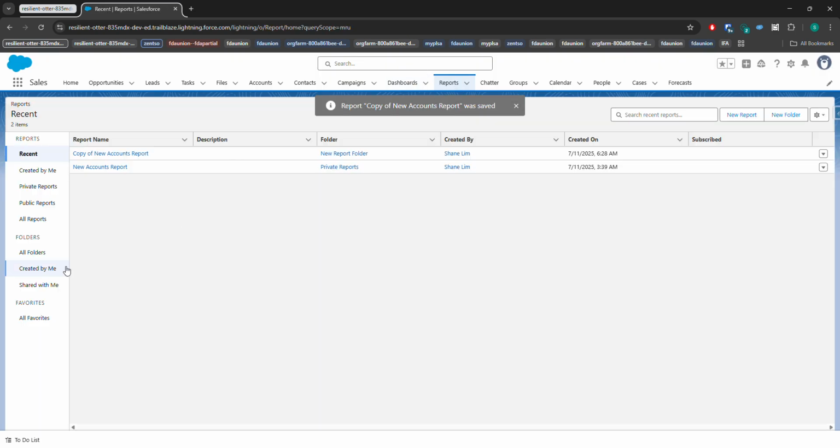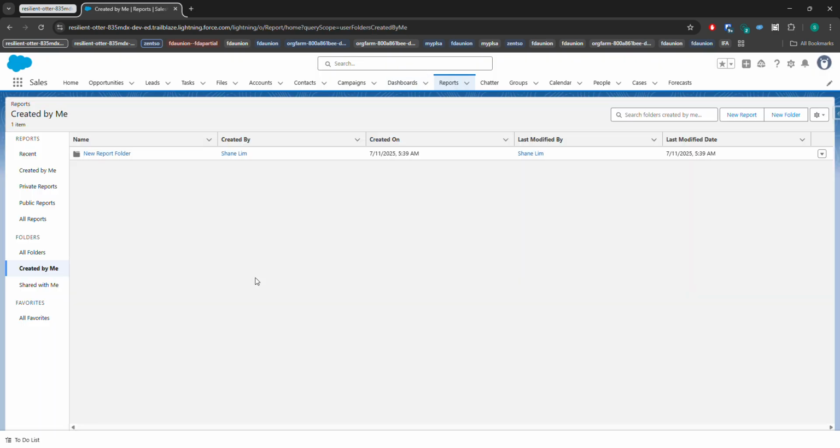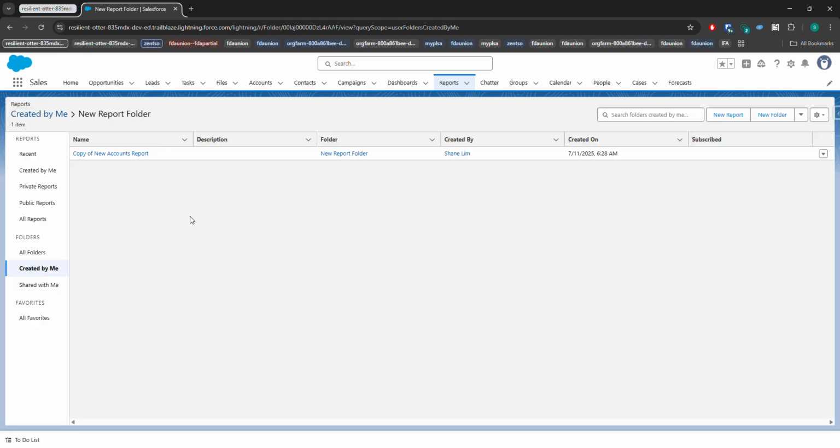and I click on reports and click created by me, if we go into the new report folder, we see the copy of the new accounts report is there. Now it's important to note at this point, these are essentially two separate reports. They have the same base because one was copied from the other, but if you edit this report,